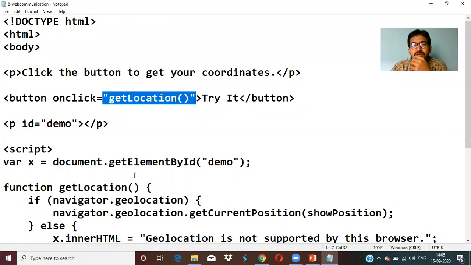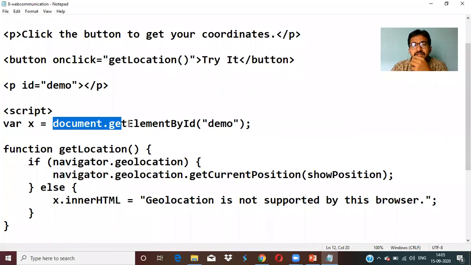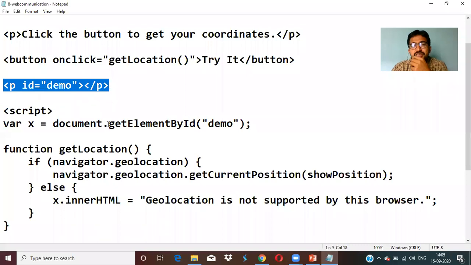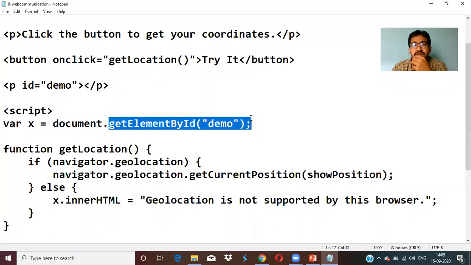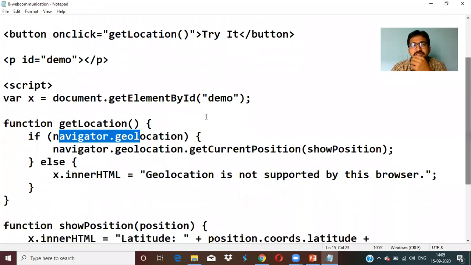Once it is clicked, it will navigate to this script. Now in this script, it starts with var x equal to document.getElementById demo. Demo is the position of this paragraph. In this position, you need to display the latitude and longitude if the user allows. Once the getLocation function is called, it calls navigator.geolocation.